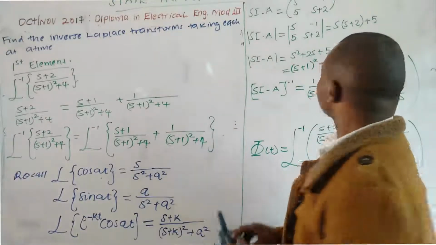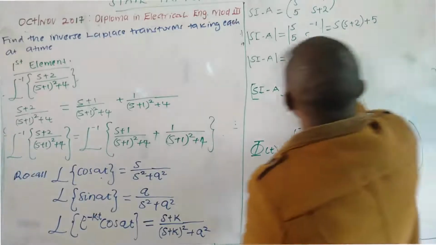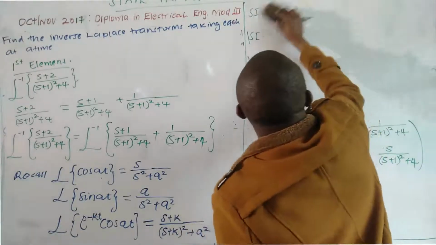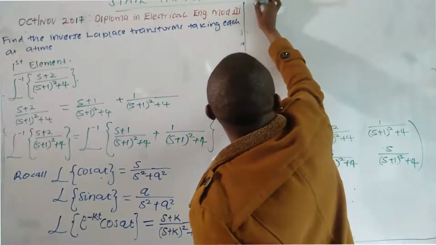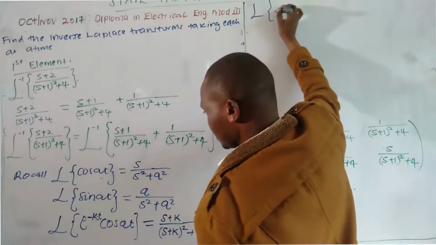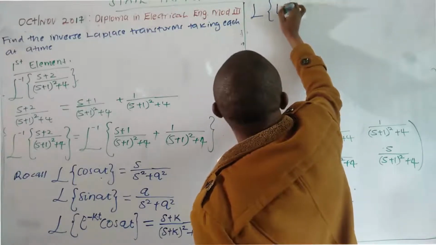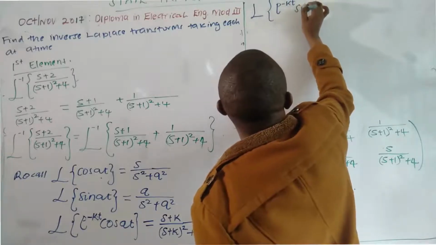This one, I hope I remember them. Let me not remove this first. You see, if we say Laplace transform of exponential negative KT sin AT,